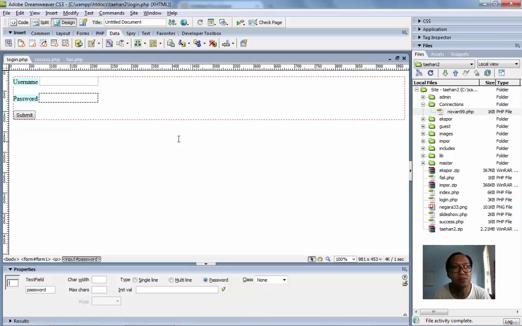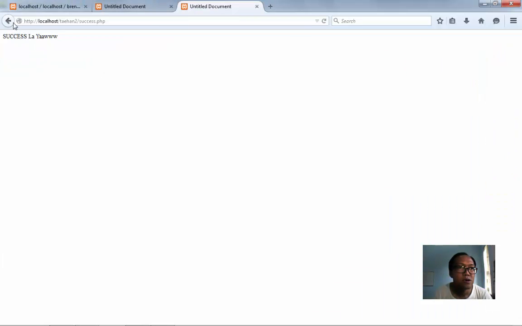Success. But there is some major security risk. If someone uses your computer and goes back and forward, they can access the page easily without using the login.